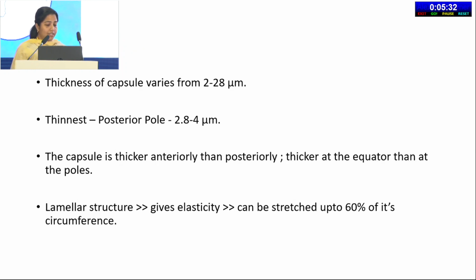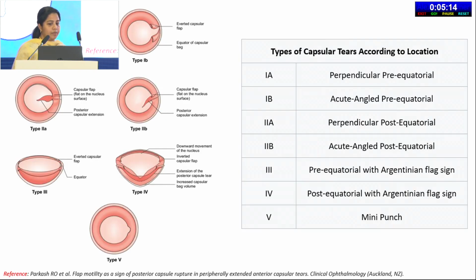The thickness of the capsule varies from 2 to 28 microns, being thinnest at the posterior pole, measuring about 2.8 to 4 microns. The capsule is thicker anteriorly than posteriorly and at the equator than at the poles. The lamellar structure of the capsule gives it the elasticity which can withstand a stretch of about 60% of its circumference. These are the various types of capsular tears which can happen and which are classified based on the location,